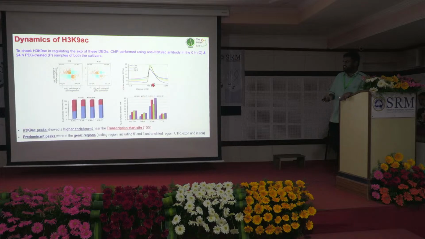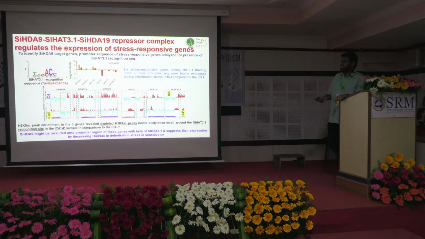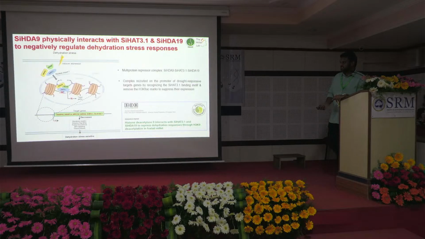Through integromic studies, we found that one specific gene is interacting with two other genes, and these three genes are down-regulating the expression of stress-responsive genes in the sensitive cultivar. So when we silenced this gene, HDA9, through virus-induced gene silencing, the sensitive cultivar became a tolerant one. So that was proved by us, and we have elucidated that mechanism also. In the interest of time, I'm not going into the details of it, and it is published in the Journal of